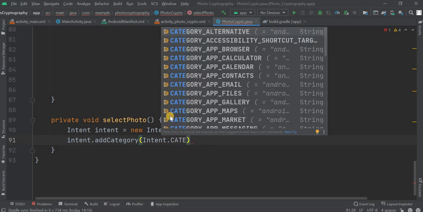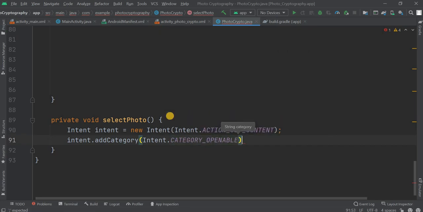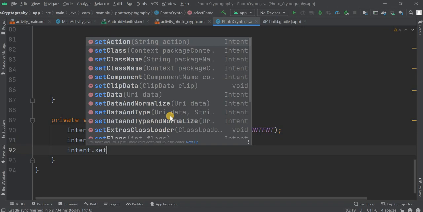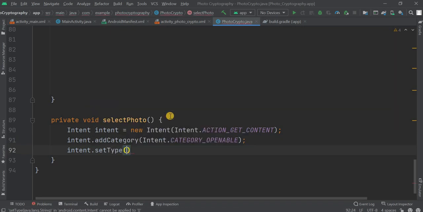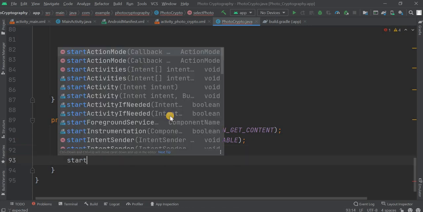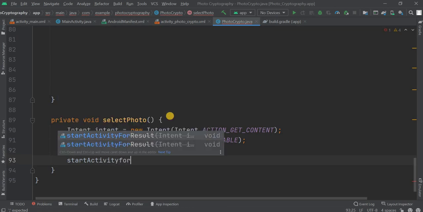Why is it not coming? Okay, you have to type it. Category, and then openable, it should be openable. Then we have to choose the images. So set type here, images only, so image, then star, and afterward start